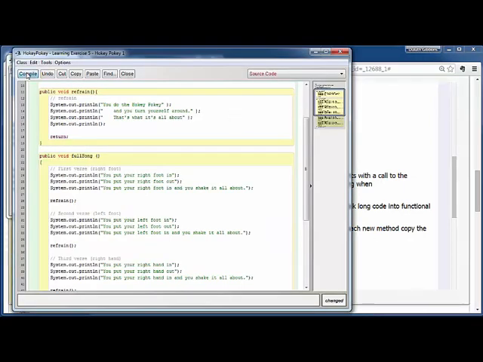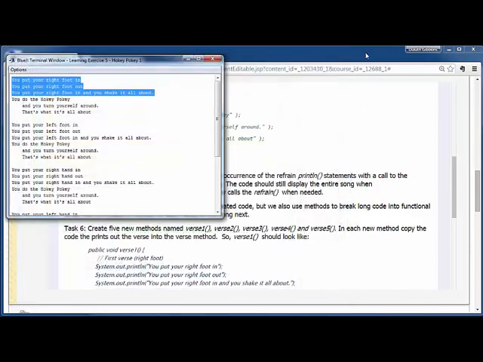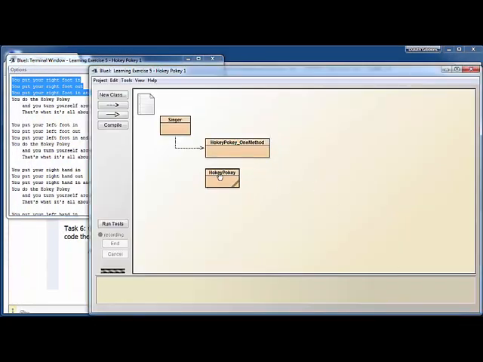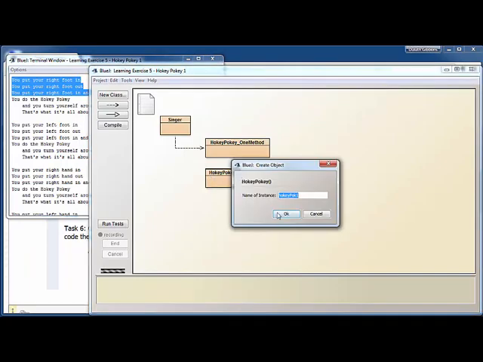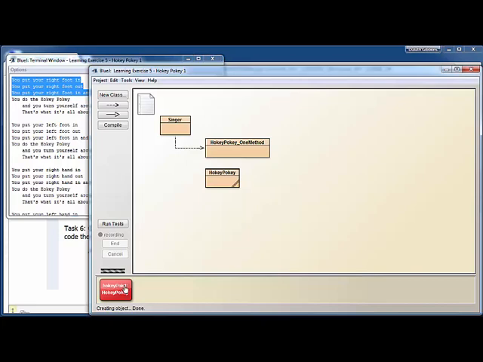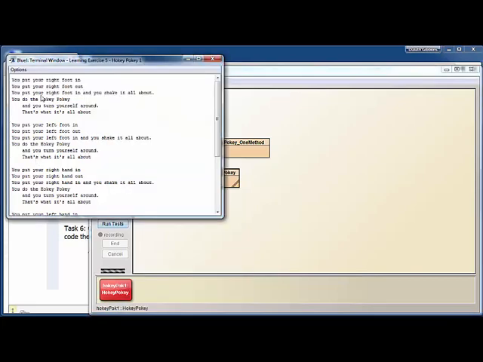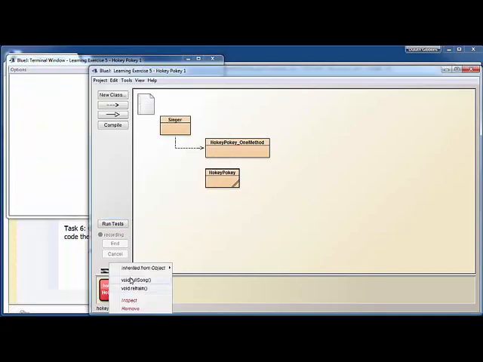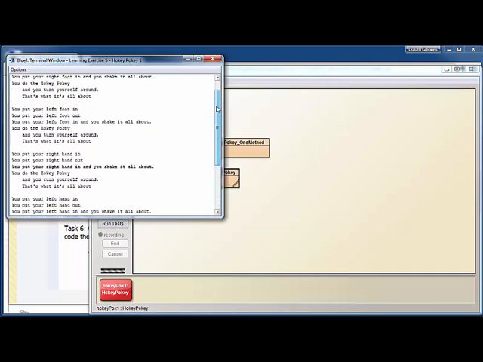Okay, I'm going to compile this code. It works. And now here's my new Hokey Pokey object. I'm going to just create a new version of this down here. Now I should be able to still say full song. I'm going to clear out my terminal window, and then I'm going to call the full song, and it should now display my full song just as it